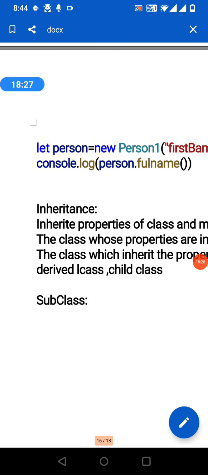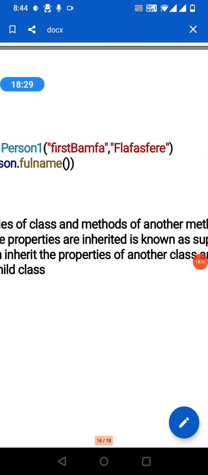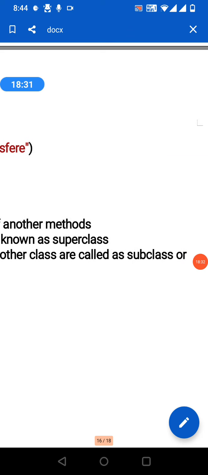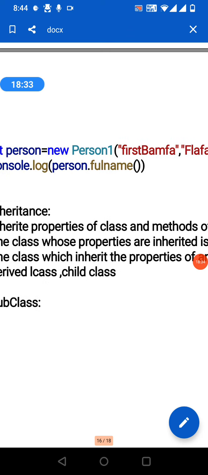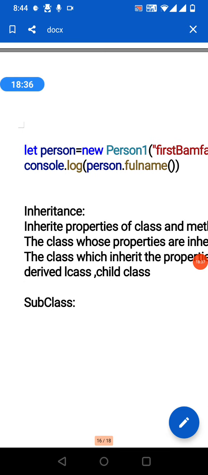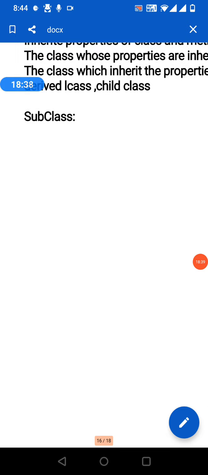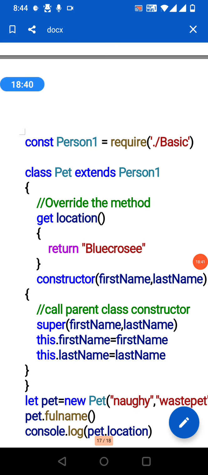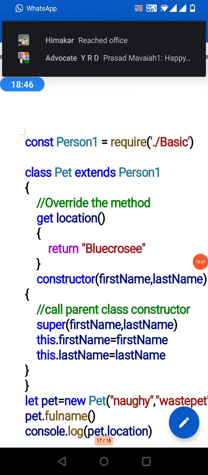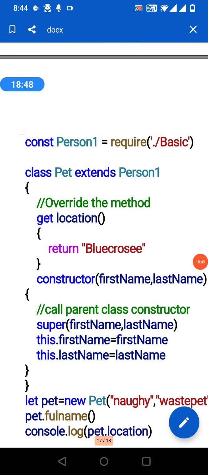The class which inherits the properties of another class is called a subclass, derived class, or child class. For that, we give constant person equal to require that one, and then extends person 1.